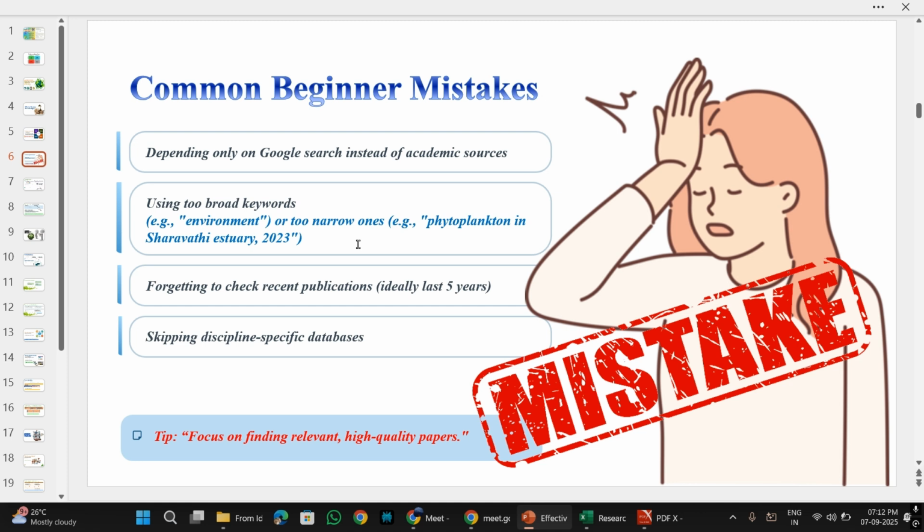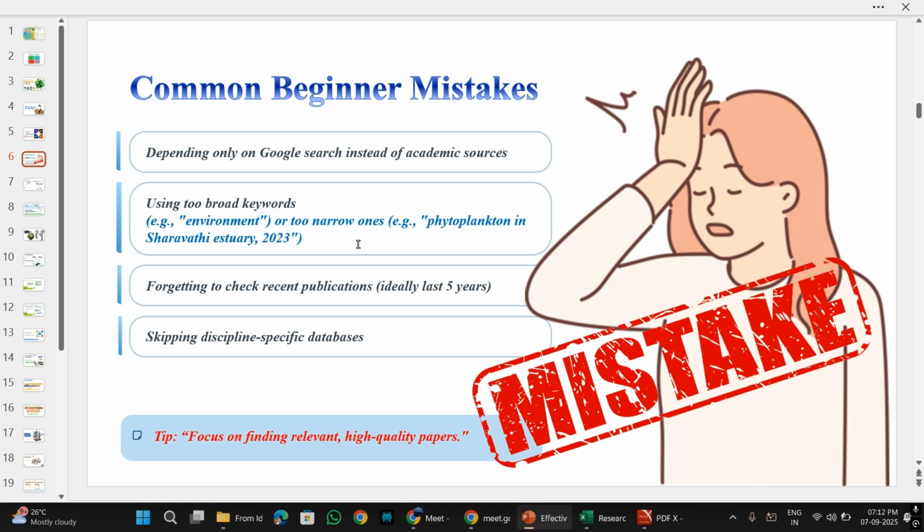So we just go to Google and search for, let's say if we are trying to understand land use land cover change, we simply type "land use land cover change research articles." That's the biggest mistake that we make. That is where we don't know a structured way in which we will be able to search for relevant and significant, revolutionary rather, research articles or sources.